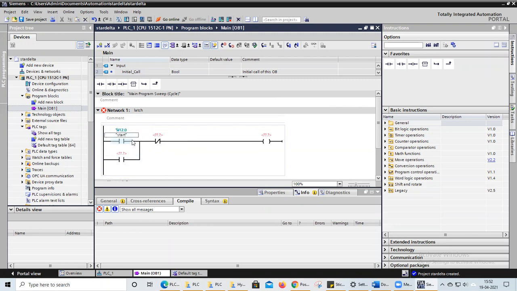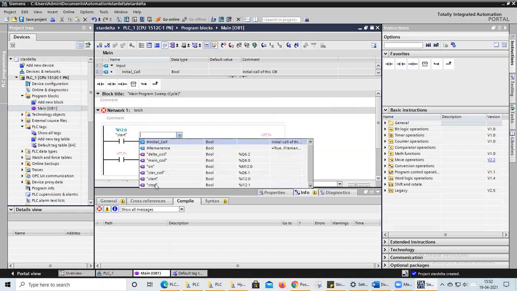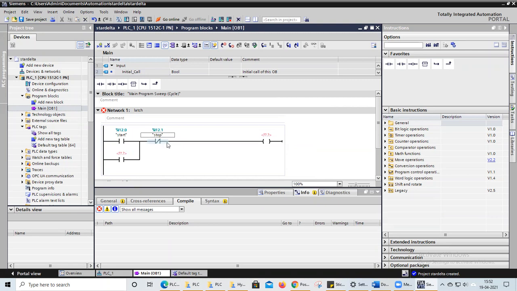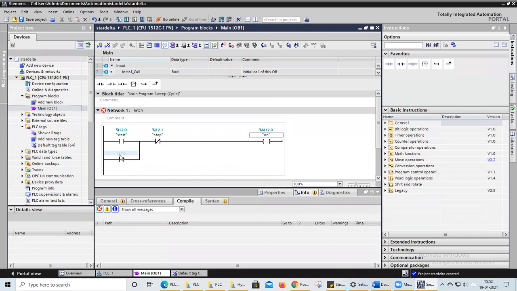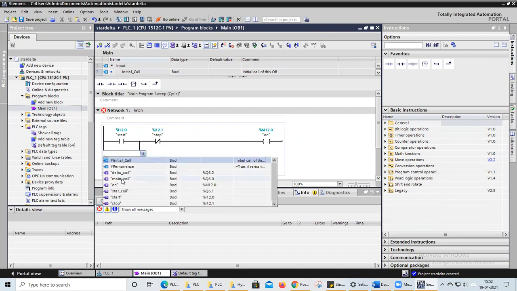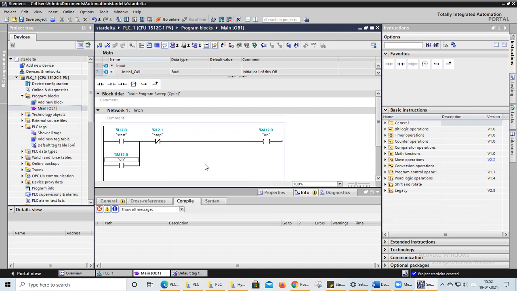No need to give the address separately. And this one you write as my stop switch, because once you stop, the circuit should turn off. And this is my on switch. The on switch is a memory switch. And this one is also my on switch only. Now my latch circuit is okay.